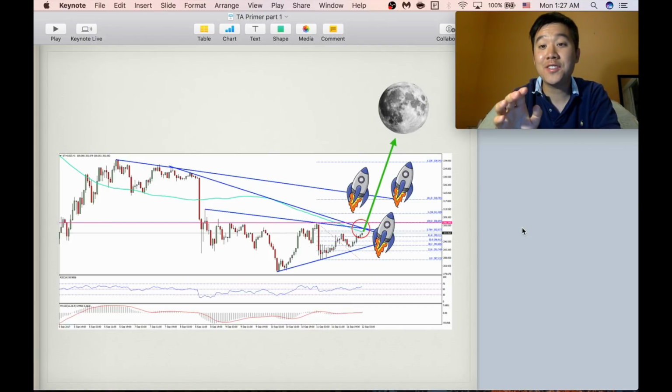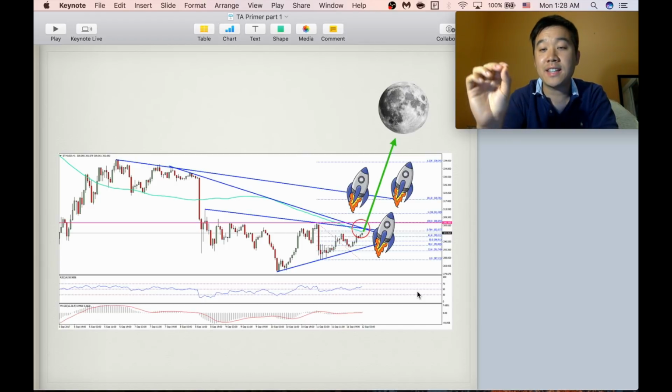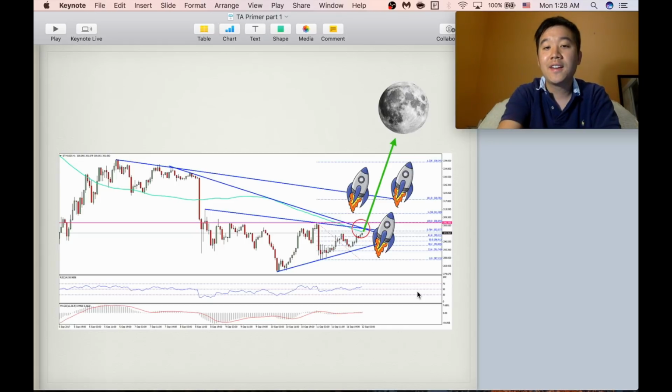Okay, so how many of y'all have seen people post this type of charts around the internet where they take historical prices of your favorite coins and draw some seemingly random lines and use that to predict that at this point in time in the future, the price is going to shoot up to the moon? You may sit there and think that these people must be crazy, or at least huge jokers. Well, they might be jokers if they're including pictures of rocket ships or the moon in their drawings, but actually,